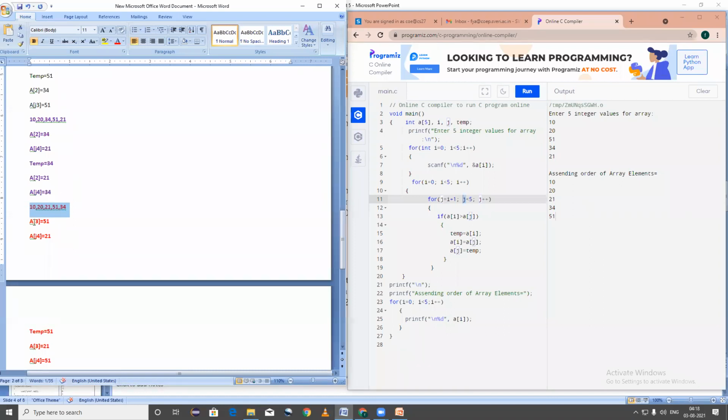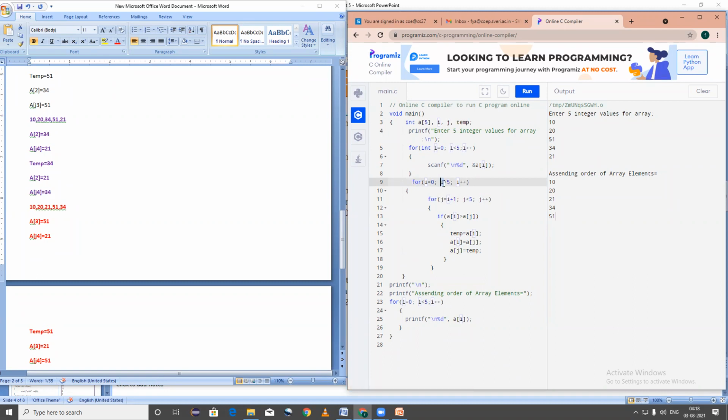Yes, sir. Now, after this, as J gets the value 5, this loop is not going to increment, and now the value of I variable is going to increment. Now, what is the previous value of I? That is 2. बरोबर का? Previous value किती होती I variable ची? 2. बरोबर? Yes, sir. Now it is incremented by 1.